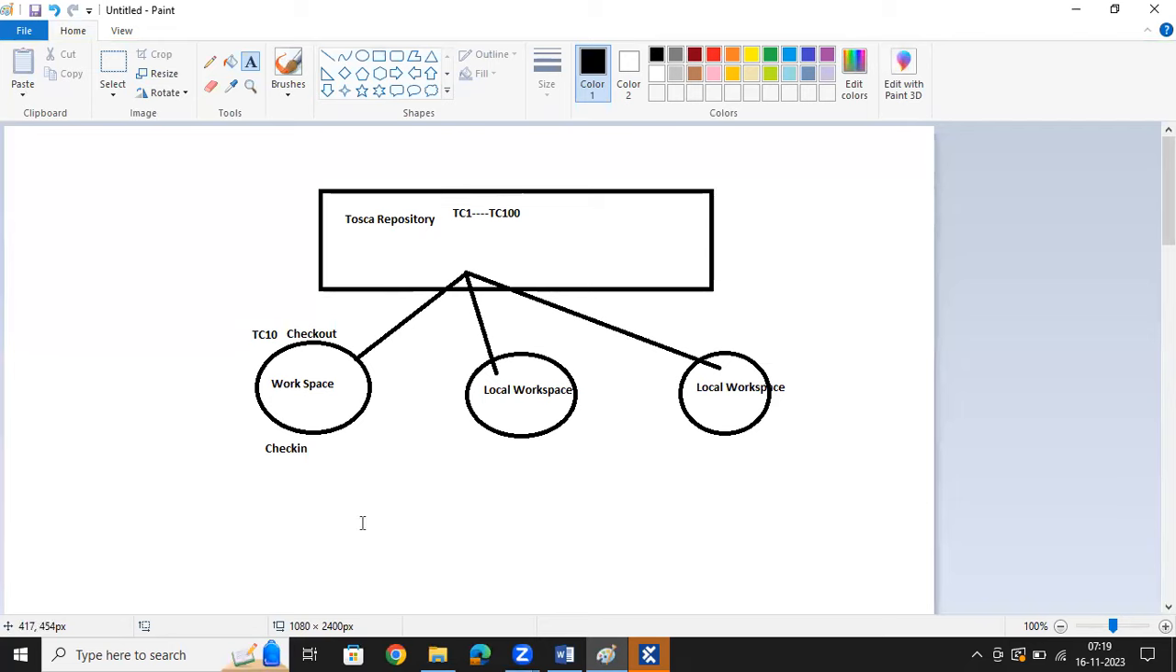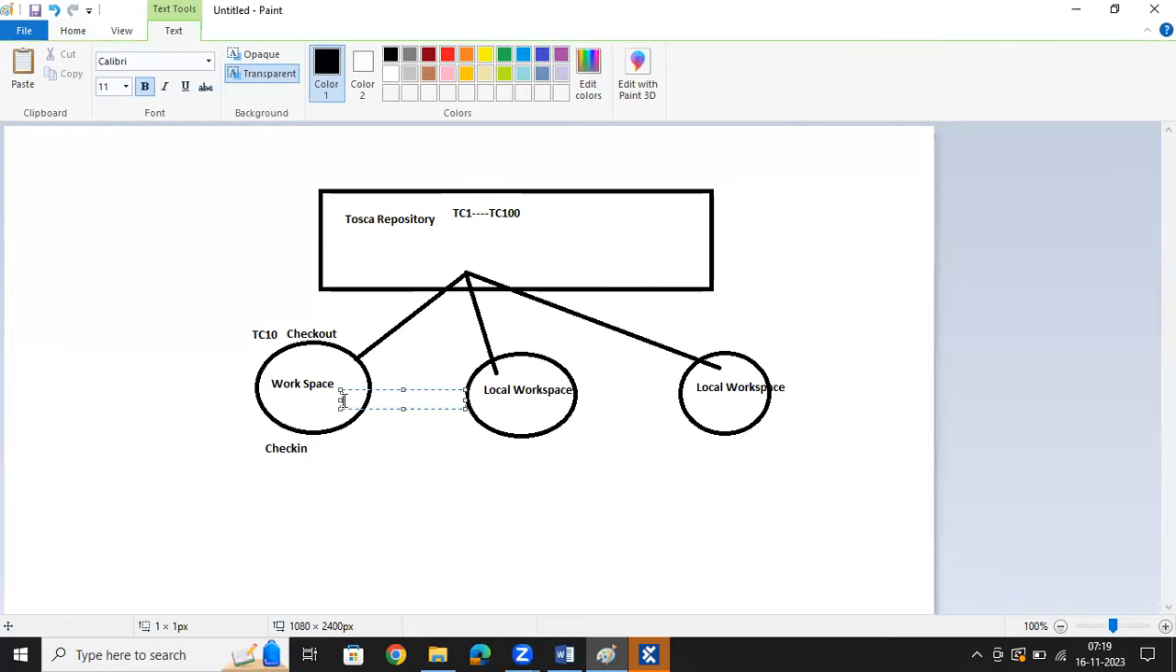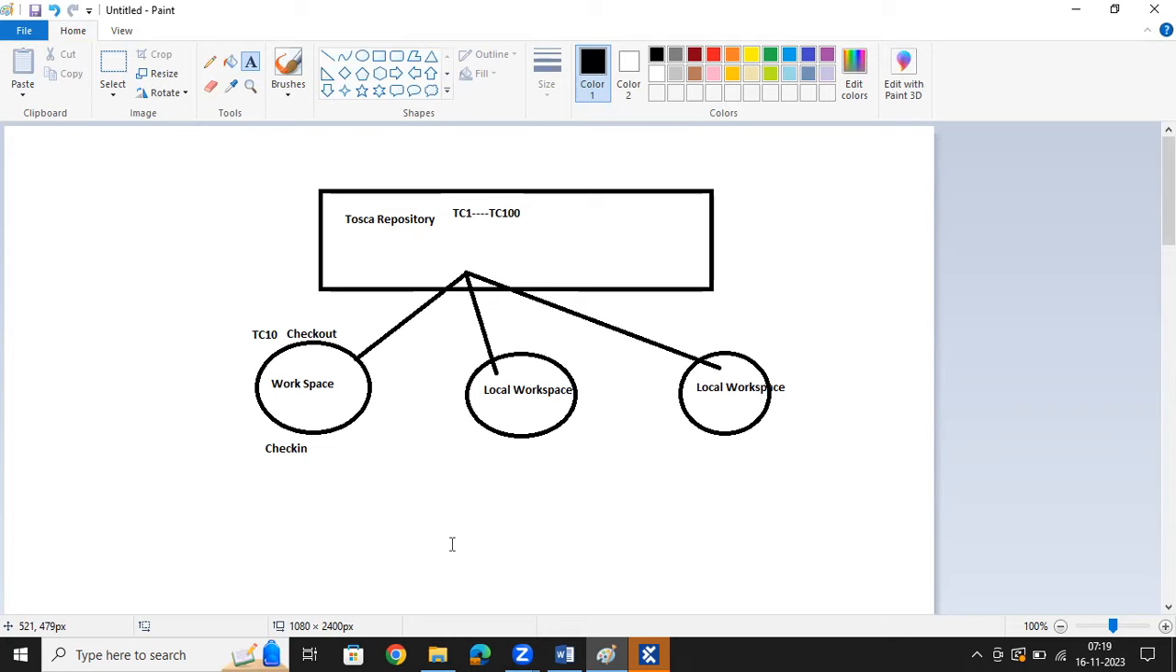So any questions here? First, we'll set up a repository and then we'll set up a local workspace for each and every user. Yeah, Nagarjun, is there any